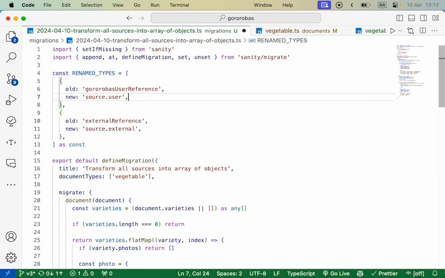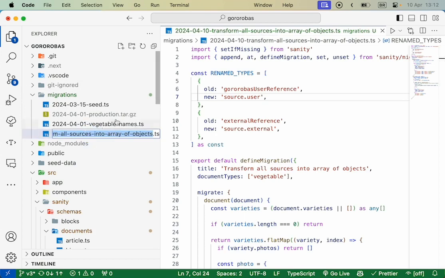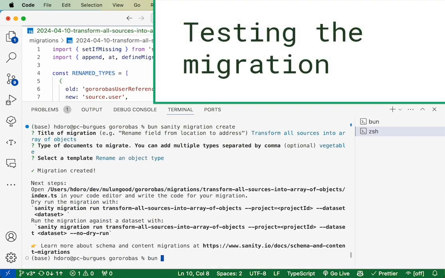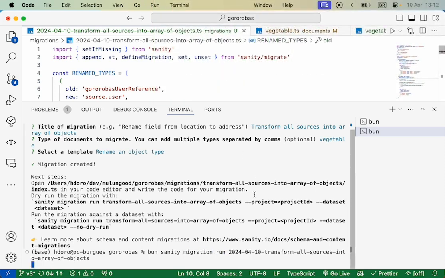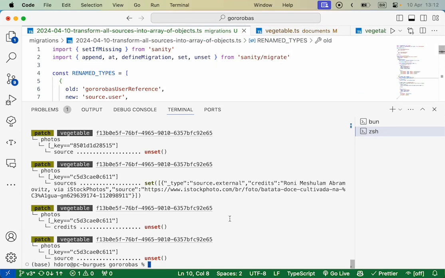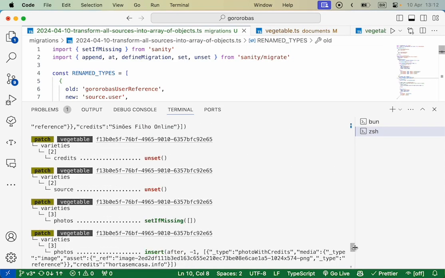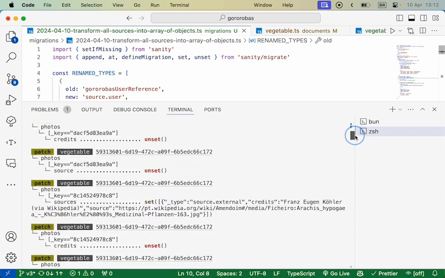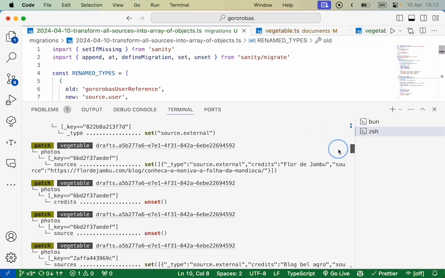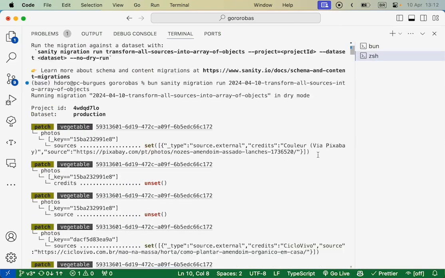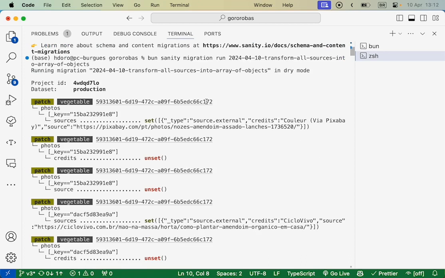All right. So I am not sure if this will work. So let's do bun sanity. I'm using bun. You could just install the sanity CLI globally and just run sanity. Doesn't really matter. And then I'll tell sanity to run this migration, and it will give me a preview of what it will actually run. I can see from the list, it's nothing that I cannot review myself. So let's just go over it very quickly.